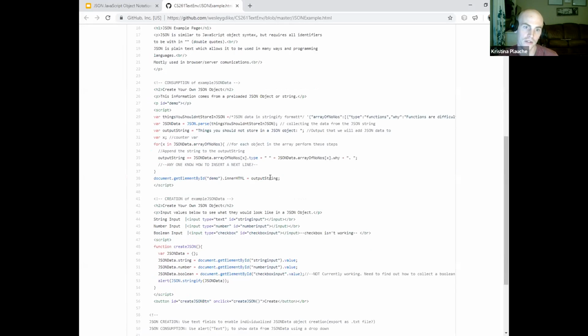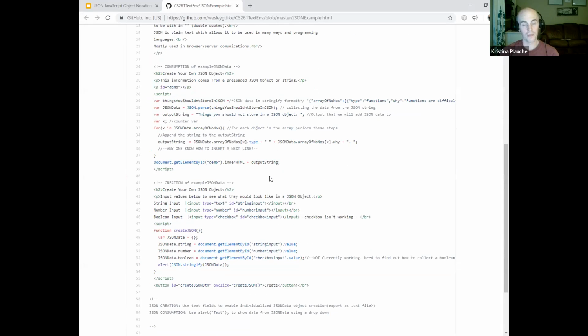So if you wanted to take a JSON string and turn it into an object, all you'd need to do is use JSON.parse and pass in the string. This is a function that converts the string into a JavaScript object. That'll return a JavaScript object, which you can assign to a variable and reference later on.